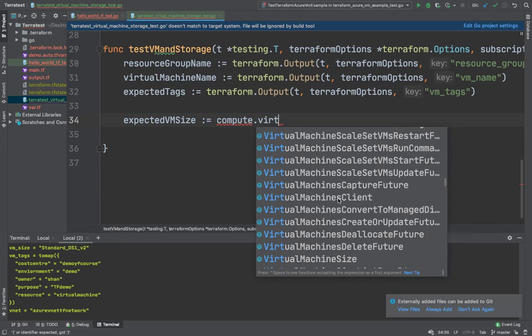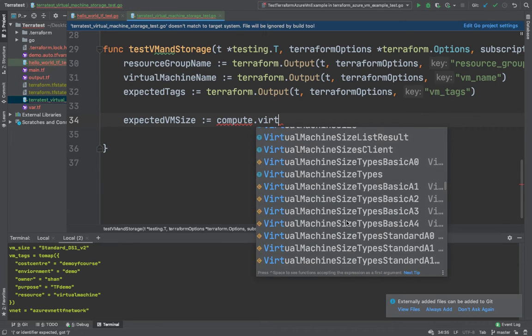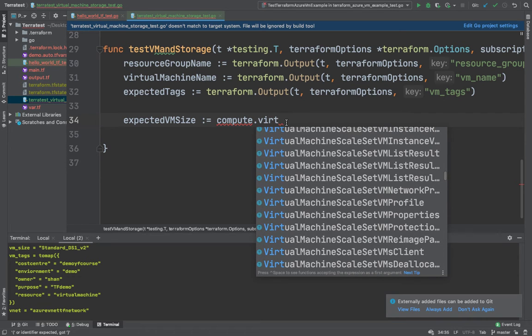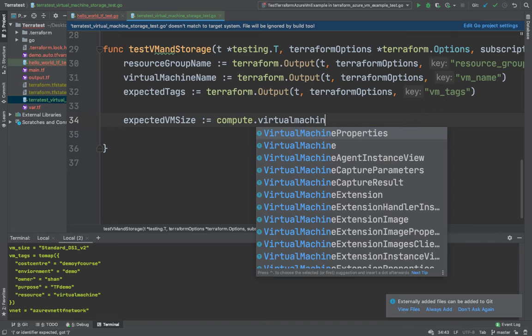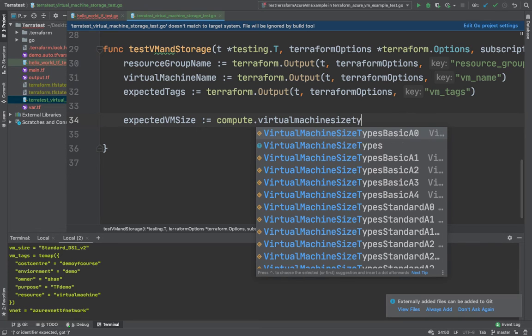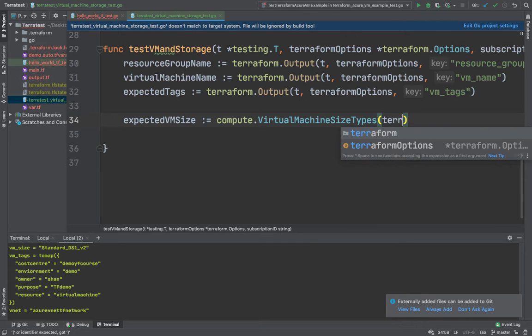You can delete it, update it, modify it. You could do anything. In this case, we are going to use virtual machine size types, and we are going to compare that with the Terraform